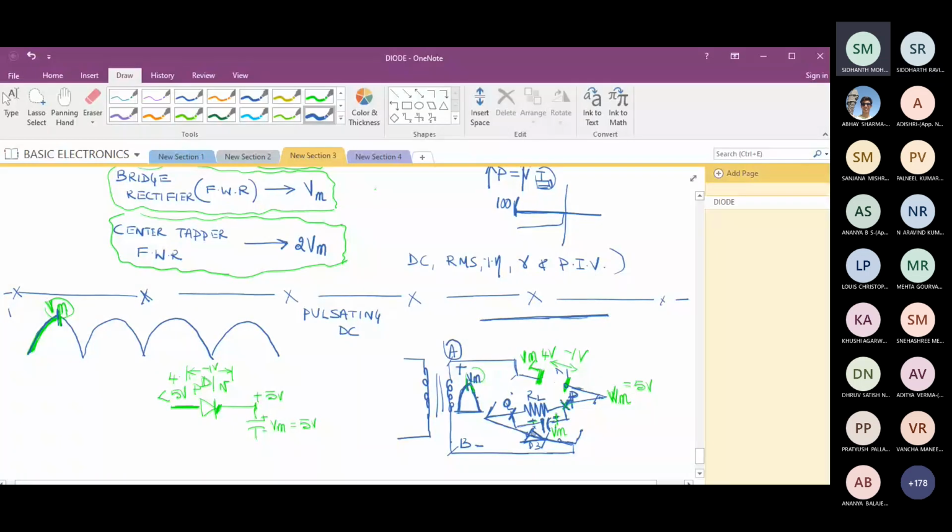You tell me, if I take this as D3, what is the voltage on the left hand side? What is the voltage on the right hand side? Properly think and tell me. Look at the circuit and tell me, if this diode is D3, what is the voltage on the left hand side of the diode, that is on the P side? And what is the voltage on the right side, that is on the N side? Sir, on the left side it will be 5 volts and on the right side it will be 4.